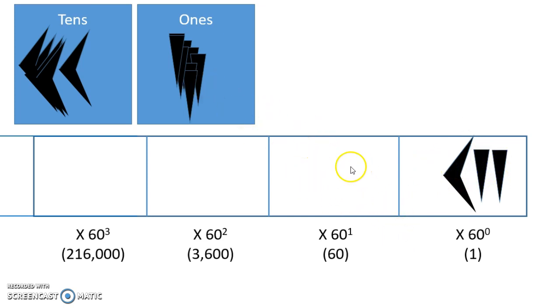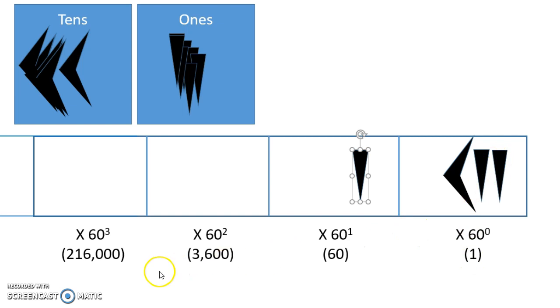Then what we can do is move over here to the left. They didn't have boxes. They just put spaces in between their different places, and I'll show you how we can do that at the very end. So let's say we put a 1 here. Even though this character is a 1, by being in this second group over here, it gets multiplied, so it's more powerful. And in fact, it gets multiplied by 60 to the 1st power, which is just 60. So every time we put 1 here, it's worth 60,